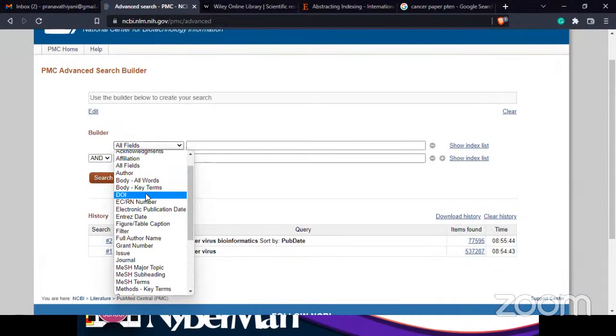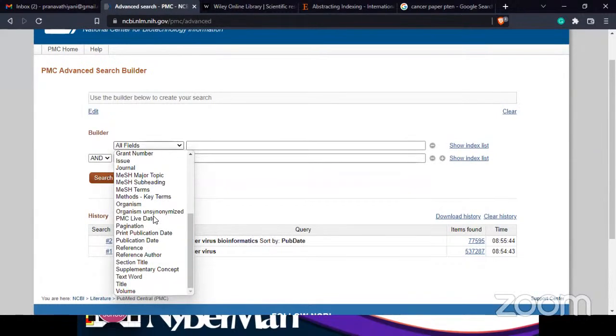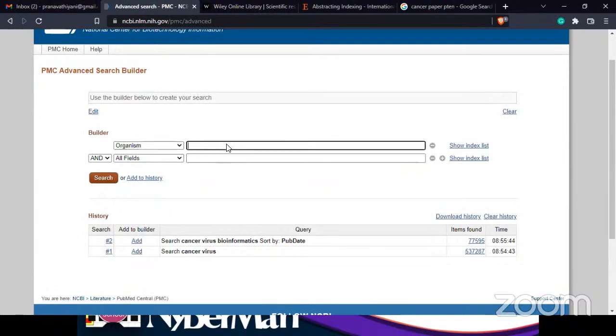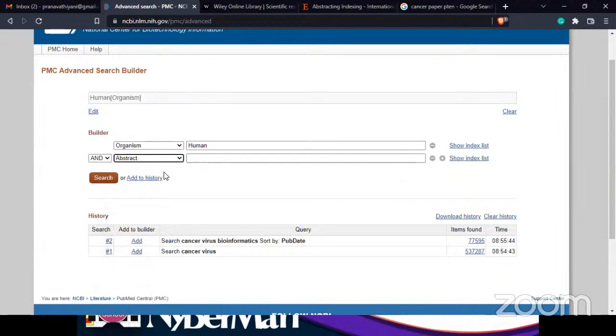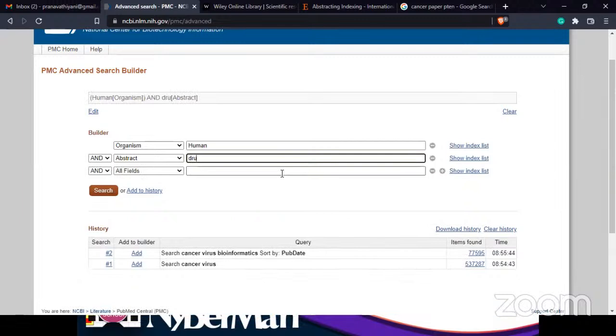So if you know the DOI, you can give it. If you have any NCBI ID of interest which you have known, then you can give that. Say, for the organism, I want to select only human. When you search, generally it lists you everything, mouse, everything. The query builder is very intuitive here. If I type human, it just builds that. So in the next field I can add, say, in abstract, something like drug targets,